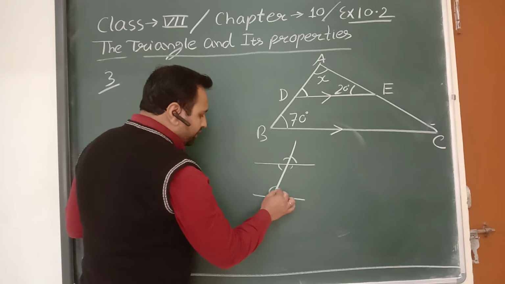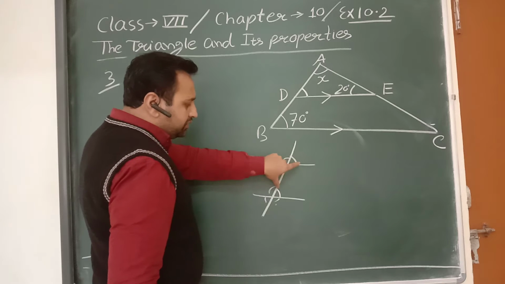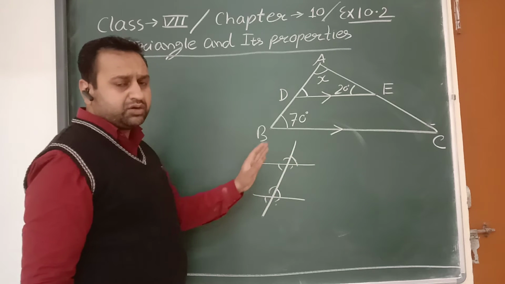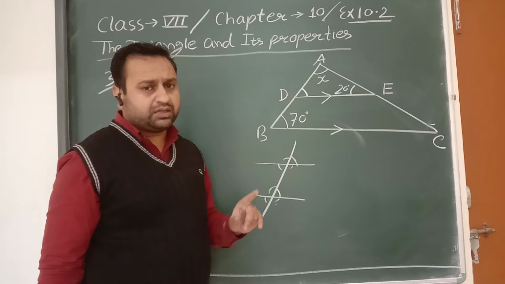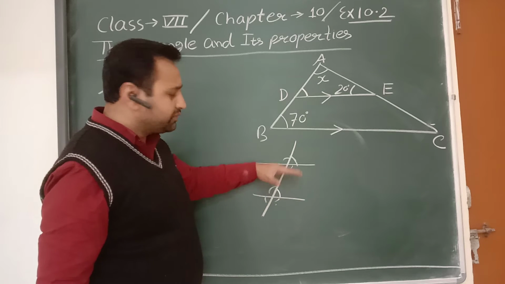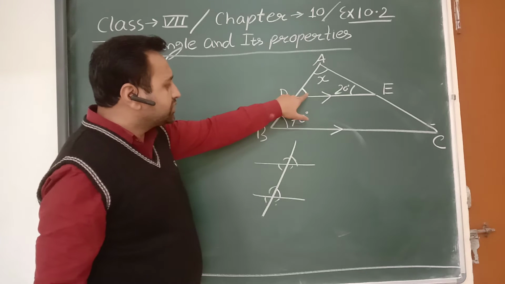If we take one interior and one exterior angle on the same side of the transversal, these are called corresponding angles. तो वही सेम प्रॉपर्टी हम यहाँ पर यूज कर सकते हैं,